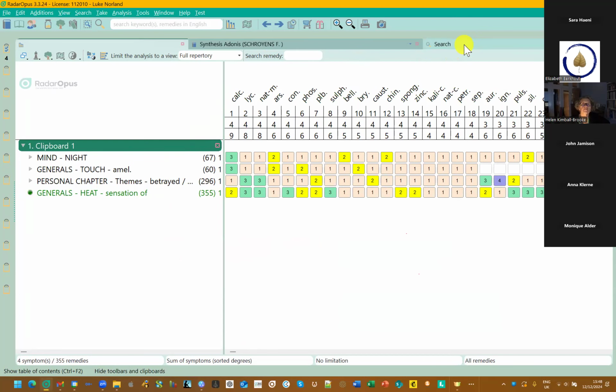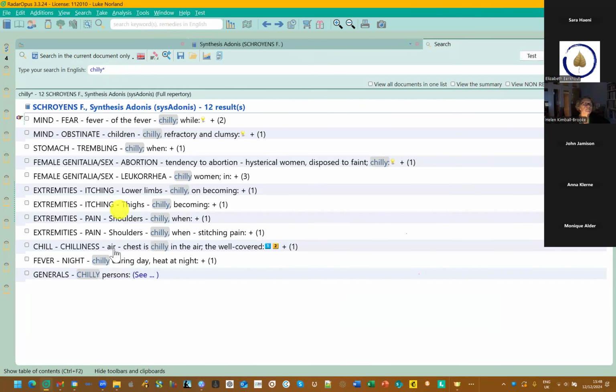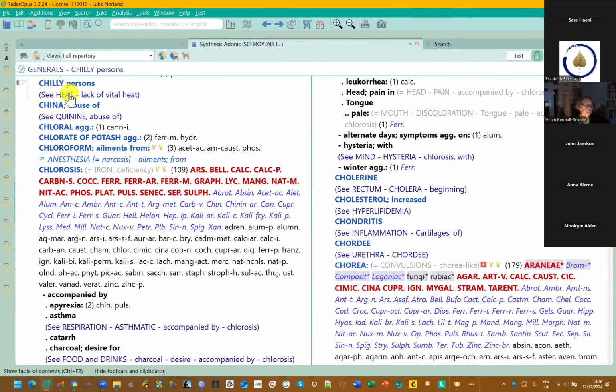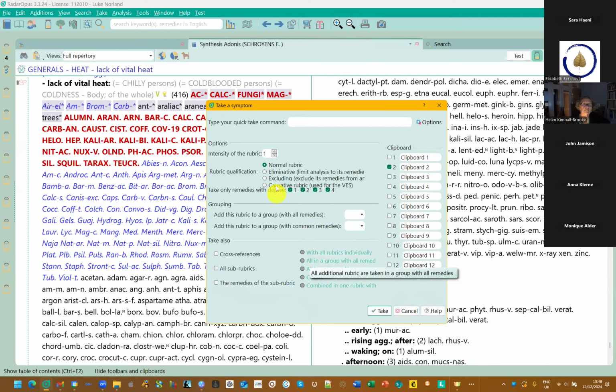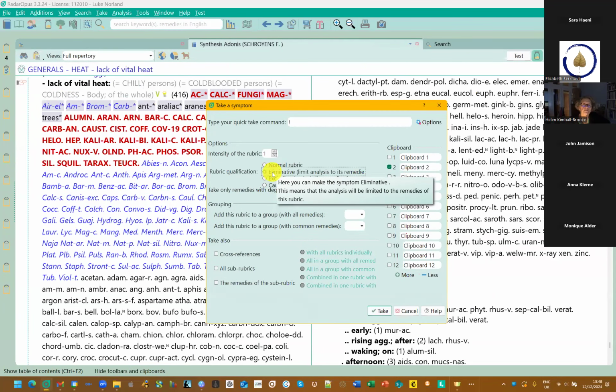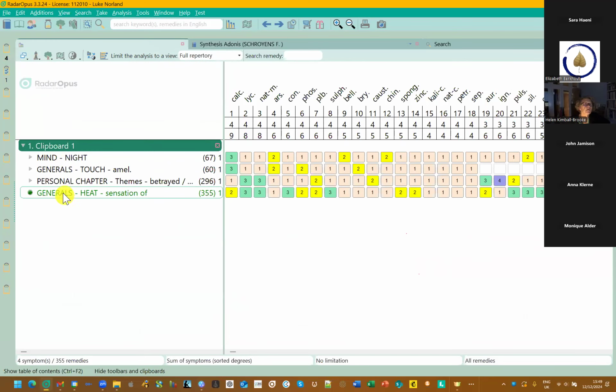Okay, and if we want to find chilly people, we can do the same, chilly, and it says heat, lack of vital heat. It's the rubric you want. So I'm going to make clipboard 2 active by holding Alt and clicking, and the tick moves. Then if I do F6 and make this eliminative and take, and now if I drag that to another clipboard,